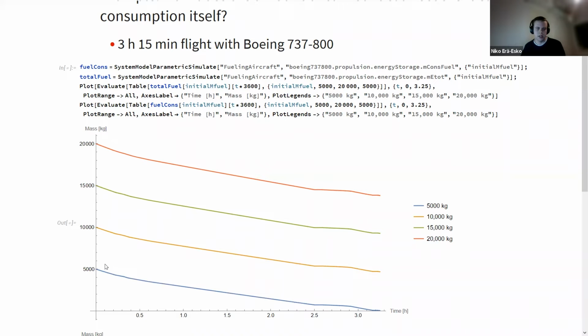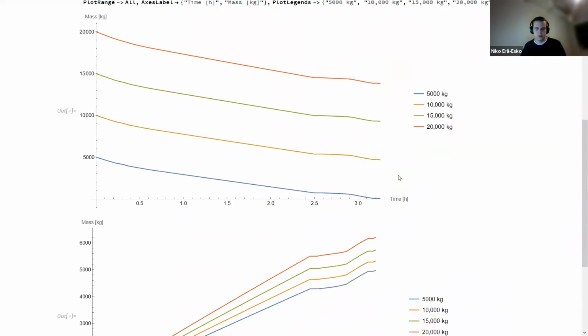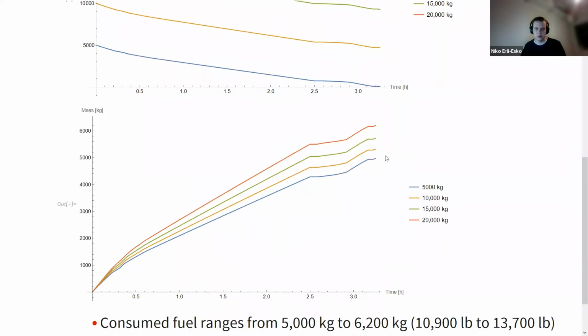With the lowest fueling level, we pretty much run out of fuel at the end of the flight, whereas with 20,000 kilos, we still have close to 15 tons of surplus fuel at the end of the flight. But the interesting thing to note here is